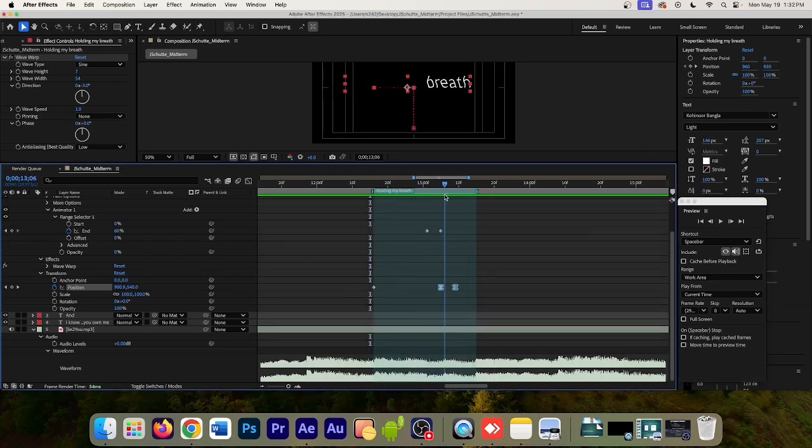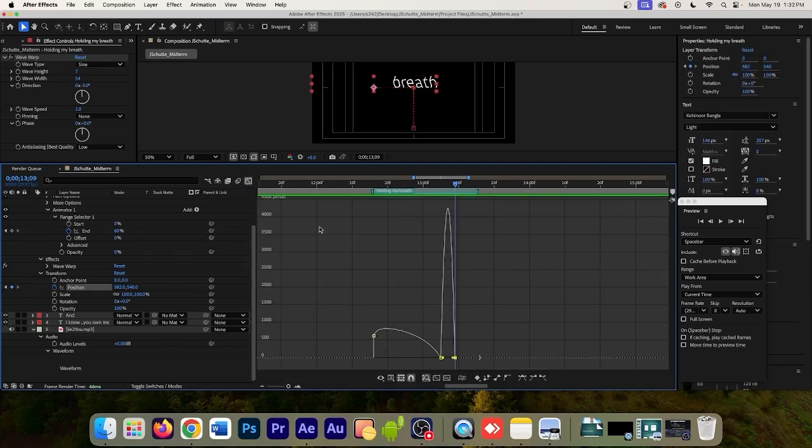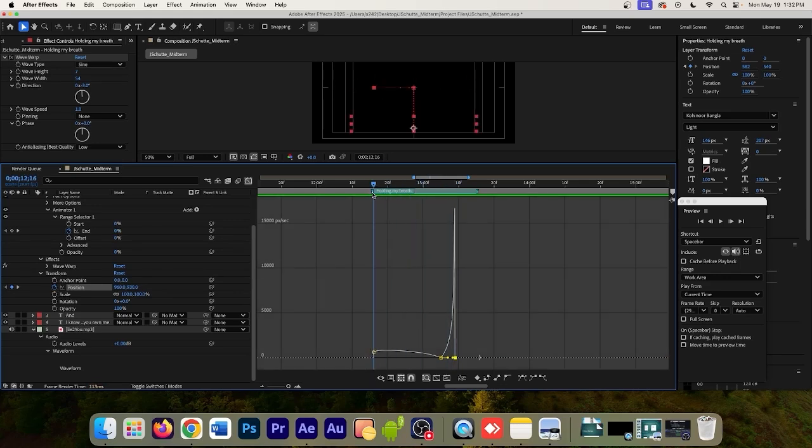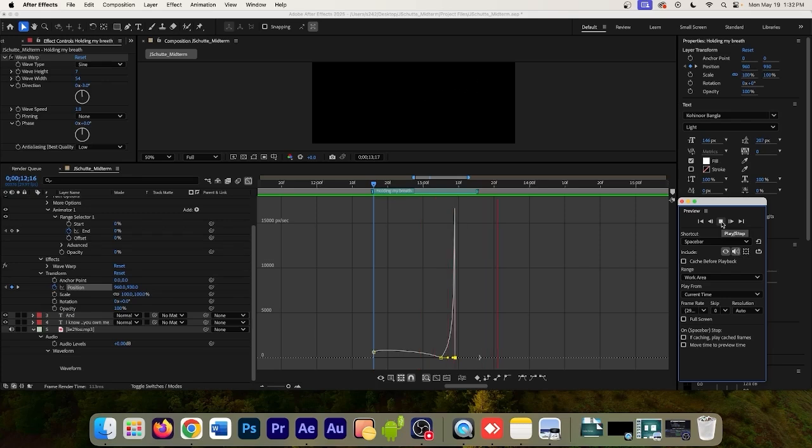Okay. And then going into the graph editor. My apologies, the graph editor. And then just playing around with it. There we go. Let's see how this looks. Hopefully you guys had a chance to play around with the graph editor just a little bit. So as you can see, it's adding some nice pacing, variations and